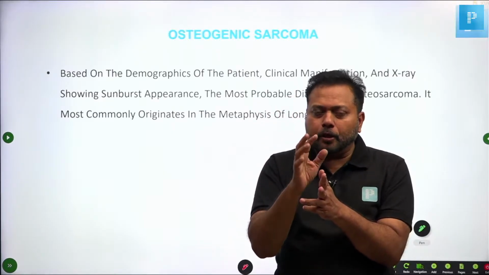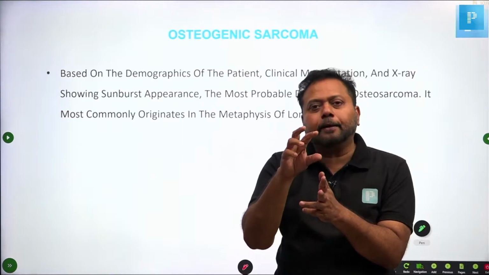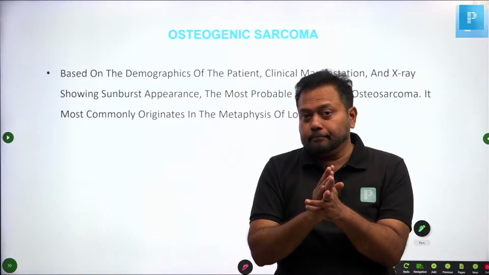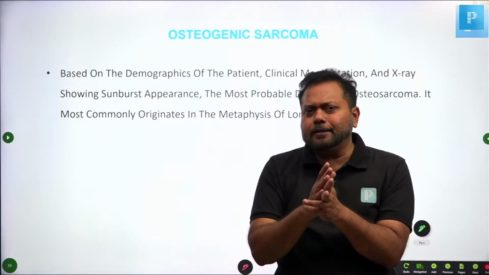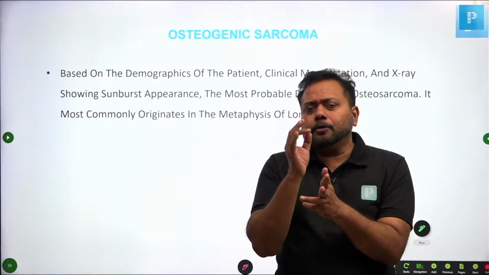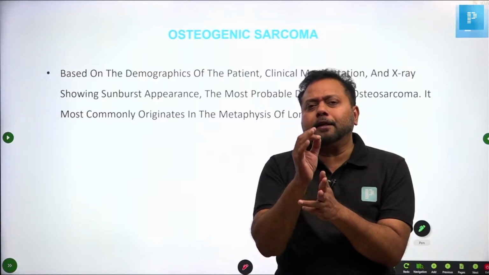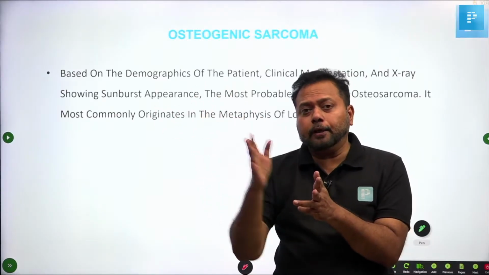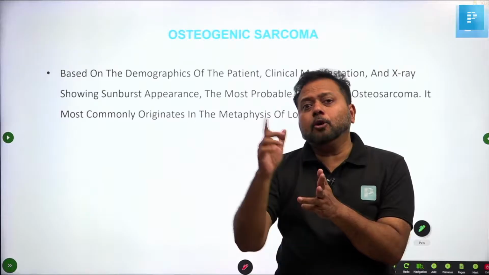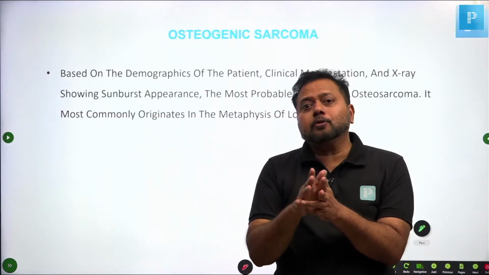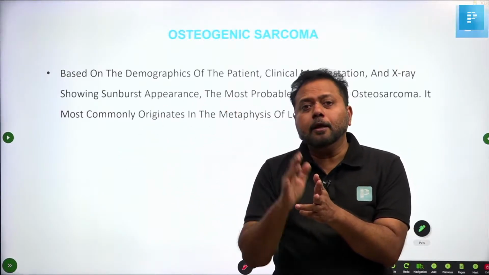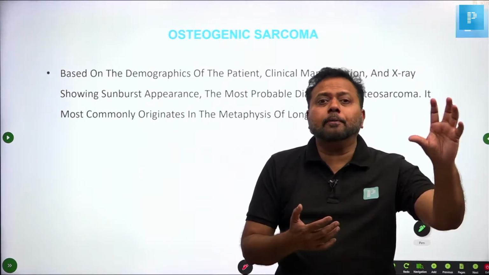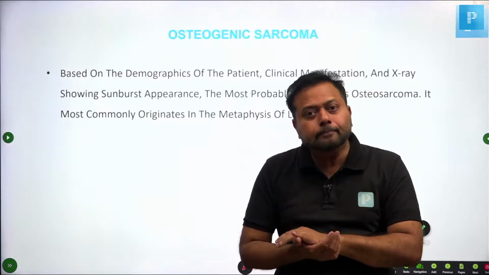The most common primary disease which can cause secondary osteogenic sarcoma is Paget's disease. You should remember all these, they are very important. And in osteogenic sarcoma, the chromosomal anomaly is 13q14. Q means long arm. Robbins says 13q14. That is called the RB gene, retinoblastoma gene. For retinoblastoma also the chromosomal location is 13q14. That is why those who develop osteogenic sarcoma have more chance of developing retinoblastoma, and those who develop retinoblastoma have more chance of developing osteogenic sarcoma.